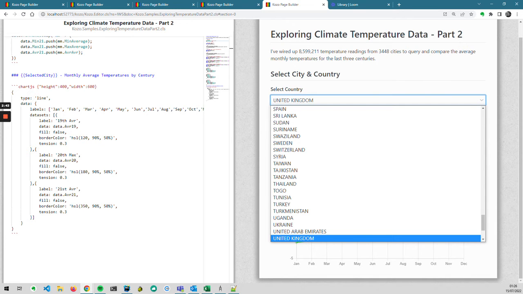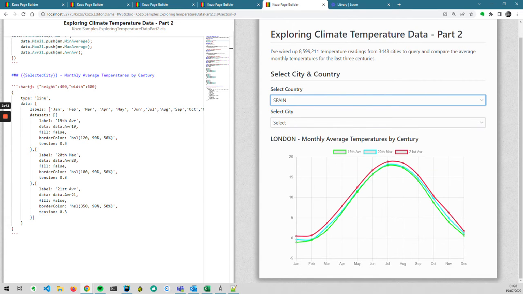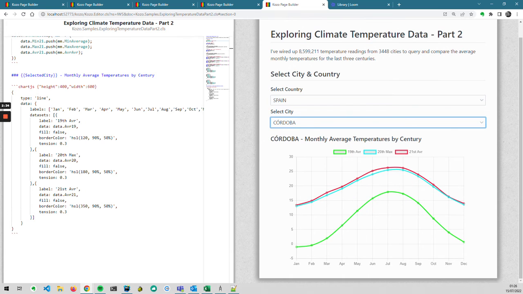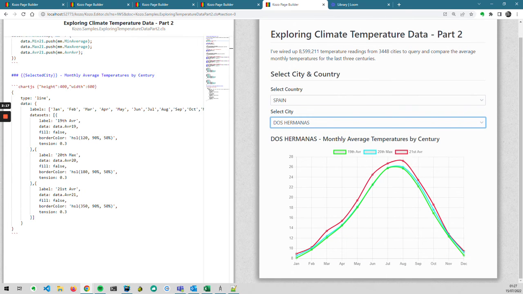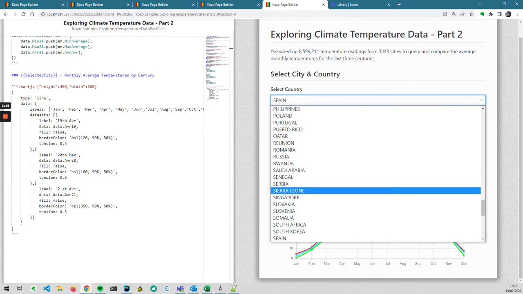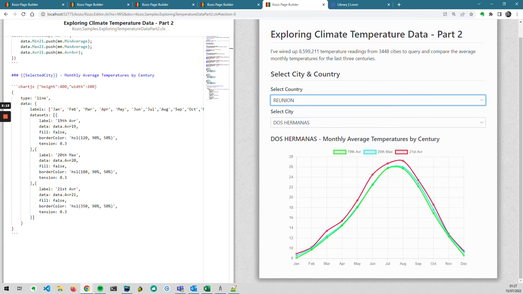So I can explore various parts of the world. Takes a couple of seconds for that query to run. Obviously it's got a lot of numbers to crunch, but it happens fairly quickly, which is obviously testament to iOS itself. And I can just keep looking city after city in this data set, and kind of worryingly the trend is